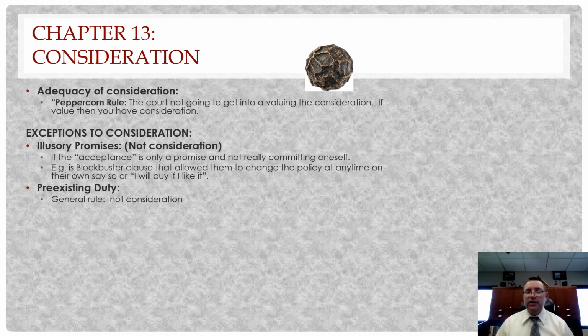4 weeks times 20 per, right? $80. Fine. Give me the 60 because I know I'm not going to get paid at all, and I don't want to take you, sue you, and it'd be difficult, and so just fine. I'll just take the 60, right? If I wanted to, I could still turn around and sue you for that other $20 because you already had a duty to me. There was no consideration, therefore we had no contract, right? So the general rule is pre-existing duties do not rise to the level of any value, right?